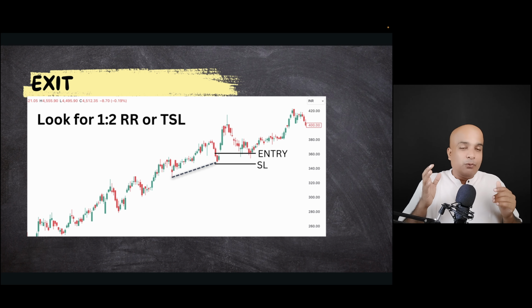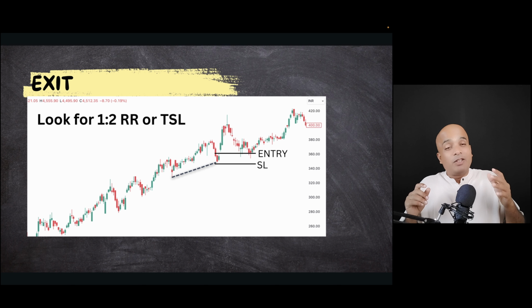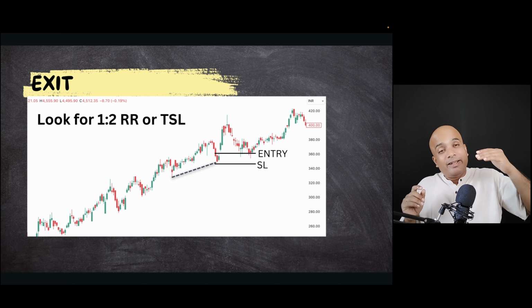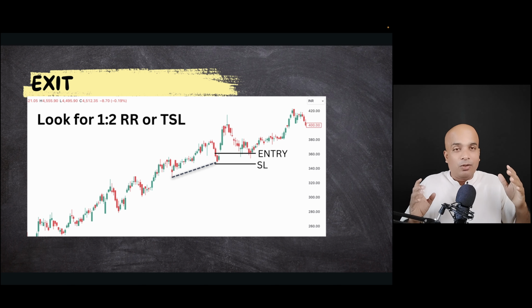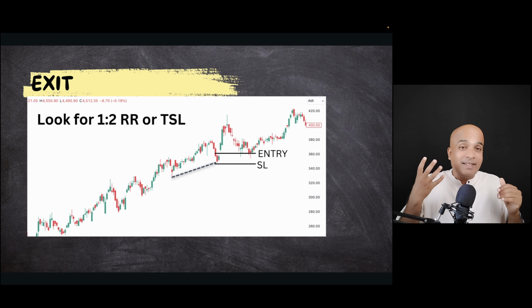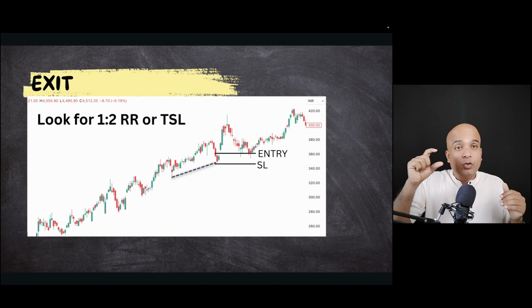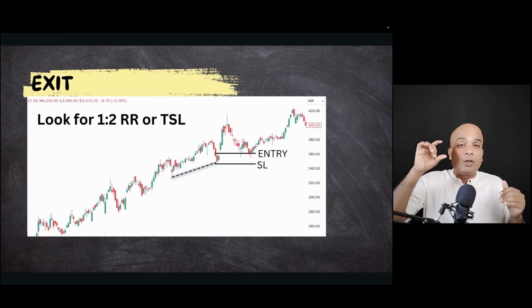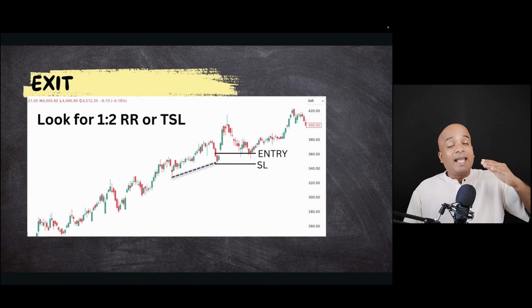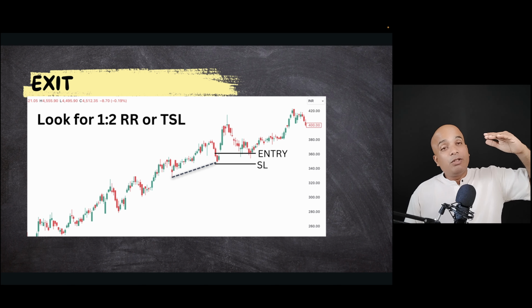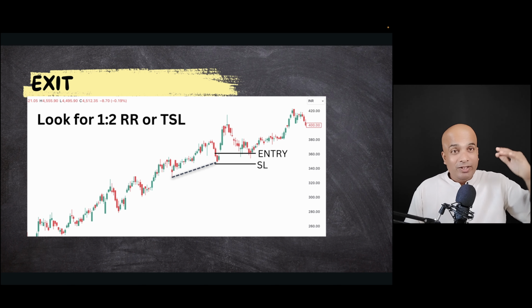This is one thing. And I would suggest for many traders, because I am one of them, I'm not very comfortable to exit at 1:2 risk reward. At the same time, I'm also not comfortable trailing the stop loss below the low of every swing low. So in those cases, they can take a balanced approach. They can exit 50% or 75% of the position at 1:2 risk reward, and carry the remaining portion below the low of every swing. So in this case,